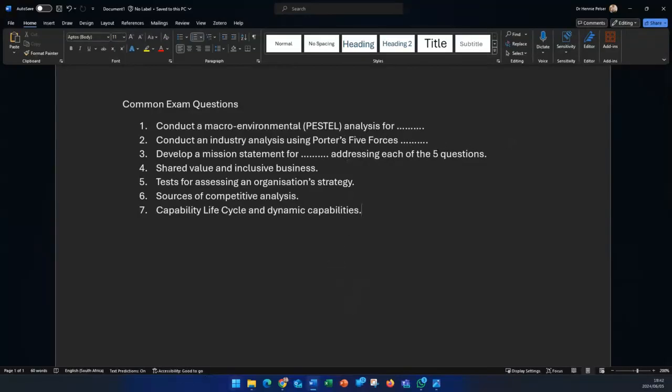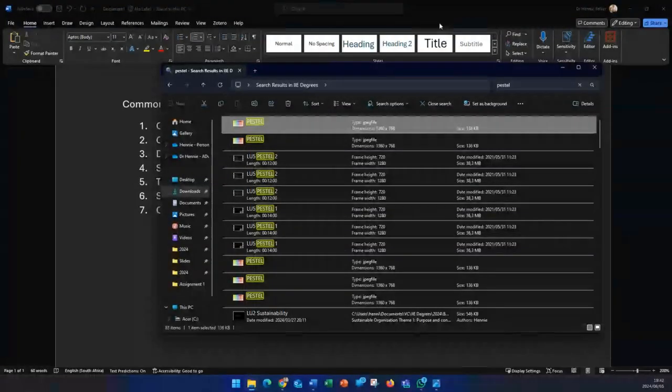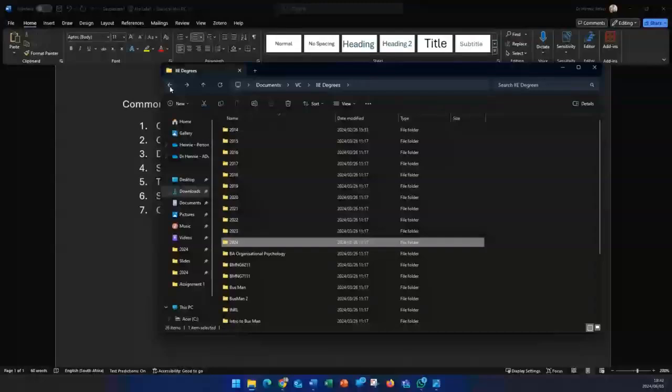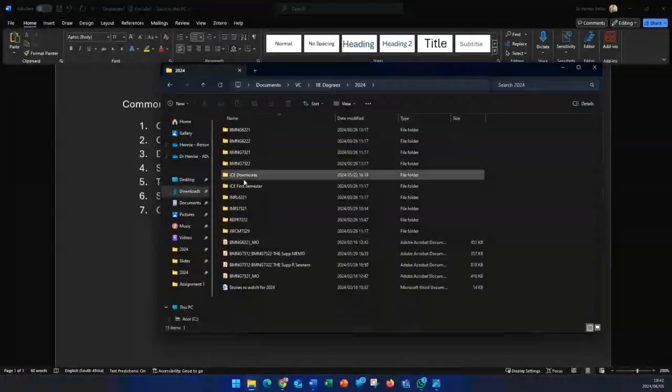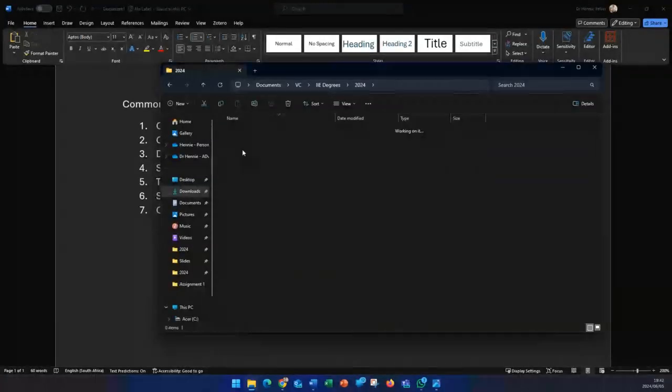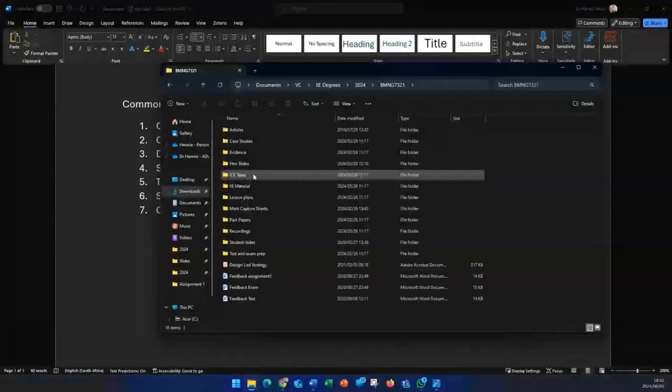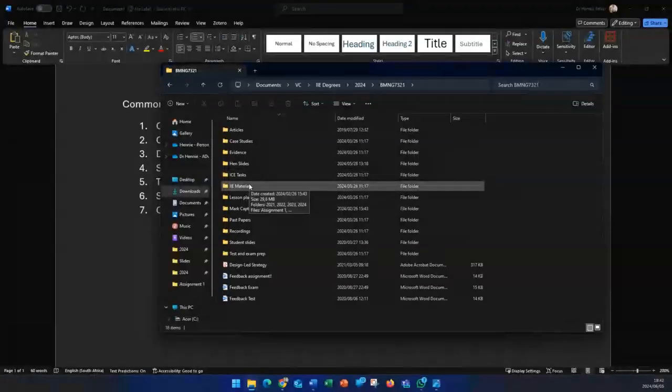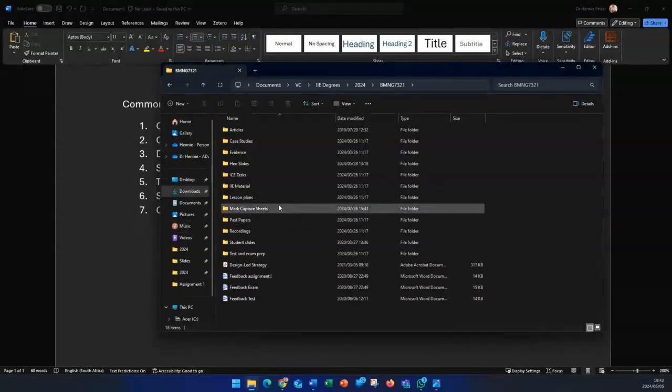Guys, again, you should know Porter's five forces by now because you would have seen it in first year. I'm pretty sure you do it in second year as well. In terms of Porter's analysis, and again, I'm quite happy to share my slides if you guys want. I know that there was an instruction that people can't hand out slides, but my understanding is that it's about getting you to engage differently with the learning. So my slides are available, and they're available from M.